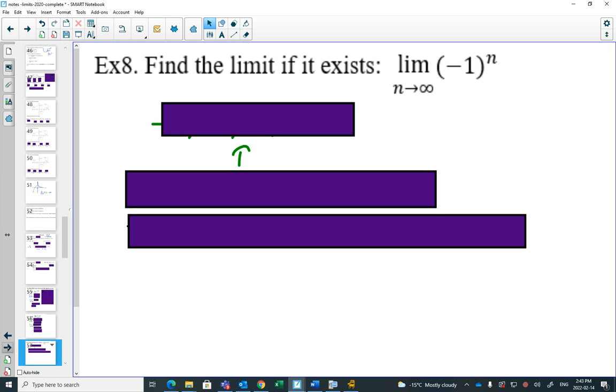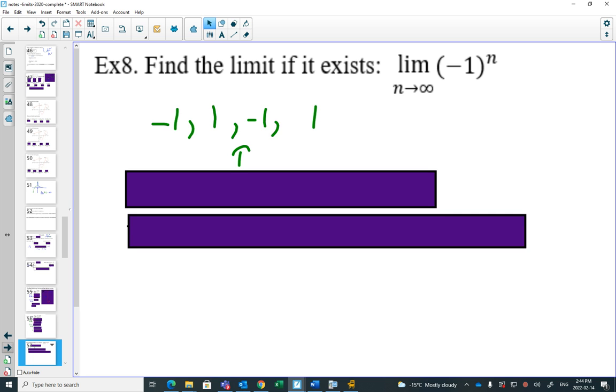Sometimes when they have limits like n going to infinity, that's an implication that you're only looking at integers. If they said limit as x goes to infinity, sometimes that implies we can include any numbers. And the problem with including any number is that would include fractions. And if you put a half in for a fraction, a half would be a square root. That's not even possible. So this one is problematic because if you just look at whole numbers, it flips between negative 1 and 1, negative 1 and 1.